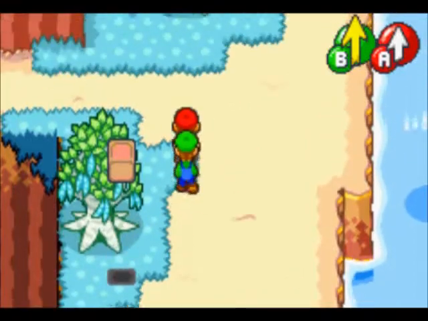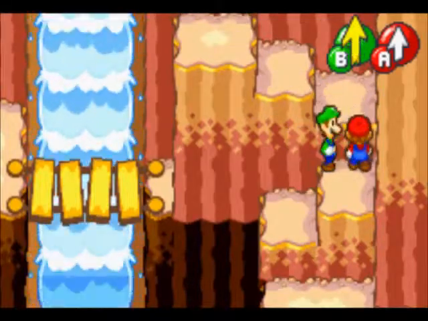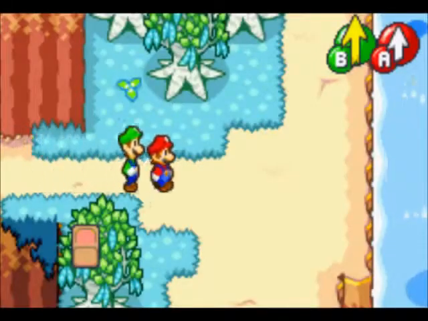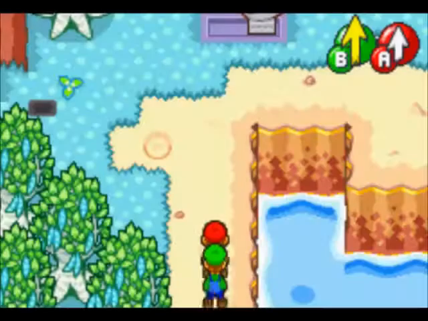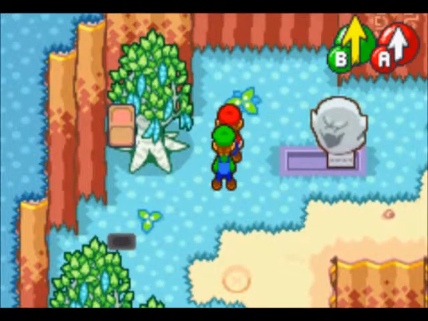If you take too long on those blocks right there, then eventually they'll just fade out and you won't be able to get coins from them anymore. And that's the other side of the cliffside. So you can go back if you want, but you have to take the minecart to get back to this spot. Up here we have...